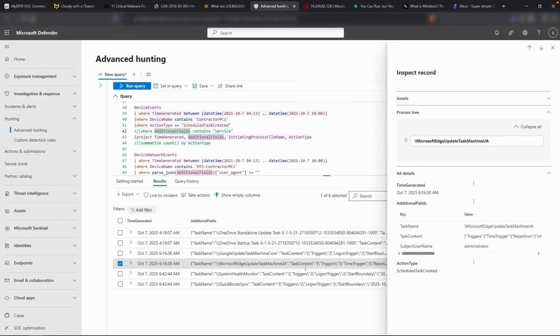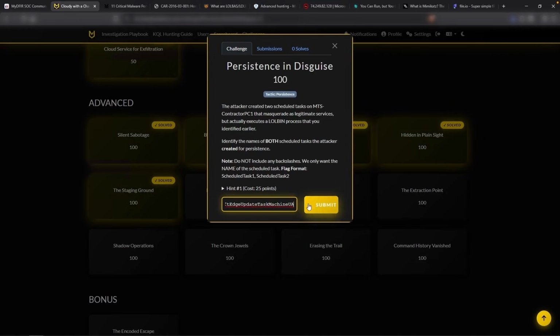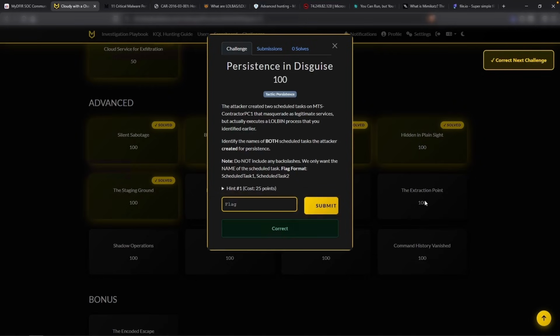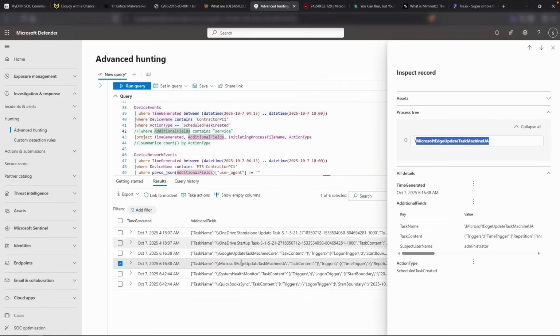So the next event here is called Microsoft Edge Update Task Machine UA. Highlight over the trigger, and it is the same thing. It is referencing our LOLBin of interest. So that is our second scheduled task. Paste that in and hit submit. Correct. Now we do see an additional 2 scheduled tasks here that occurred at